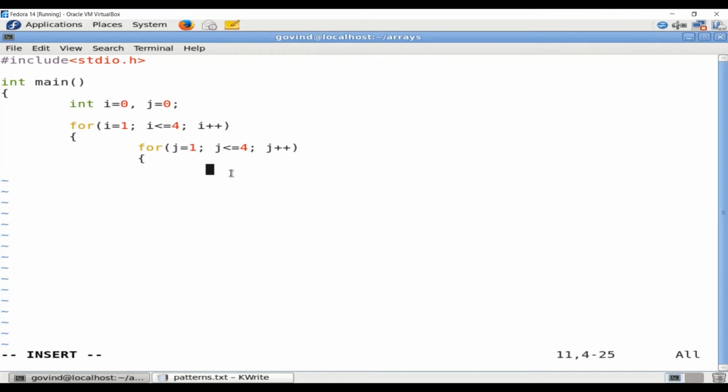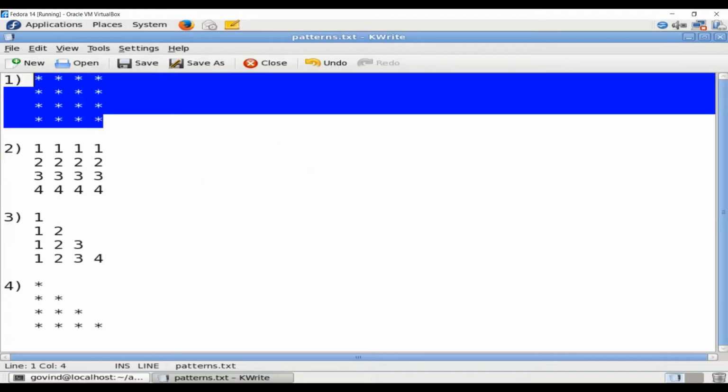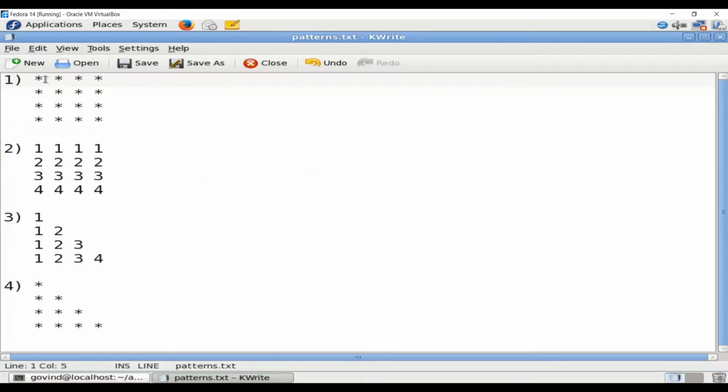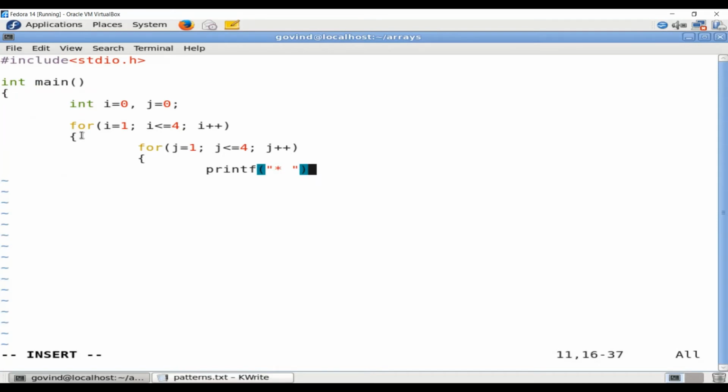So let me try to write the printf. I will just write a star symbol with a space, because after each star I must insert a space. Now I'm going to end the inner for and also end the outer loop. So this is referred to as the inner loop.